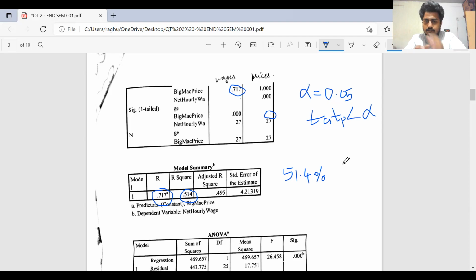Now the more independent variables that you add to an analysis, the higher the R square value will be. You are getting it right? For example, if I add the price of onion, there are chances that the R square value will increase more. It could become 0.707, but it's because we have added another variable. The value of R square here is an impact of the hourly wage alone with respect to the price of the Big Mac. So this is one more interpretation that we can write: the hourly wage alone contributes to 51.4% of variation in the price of Big Mac in that particular country.